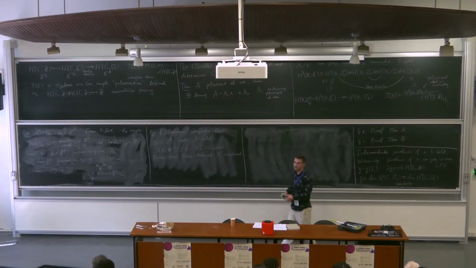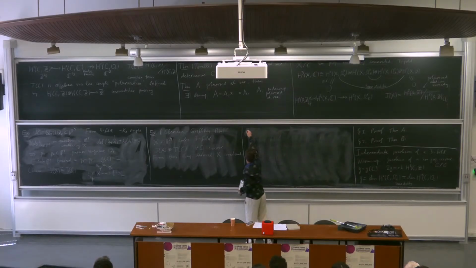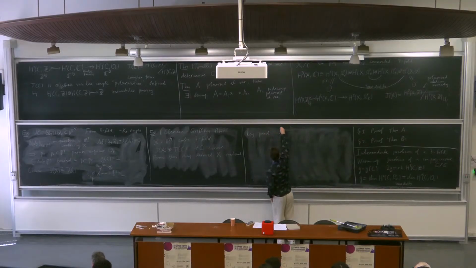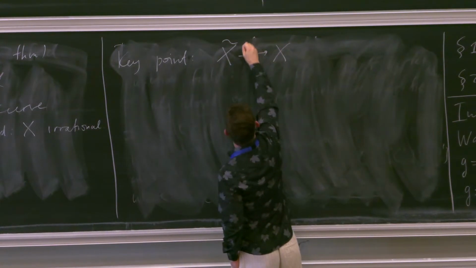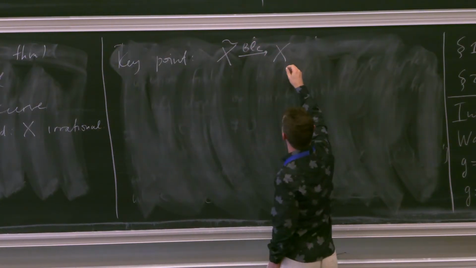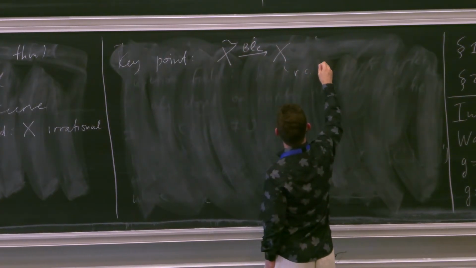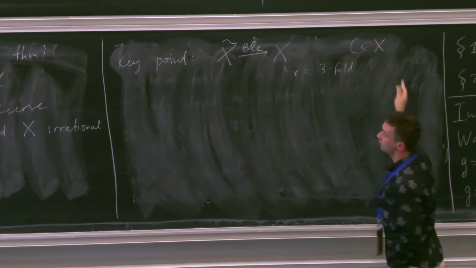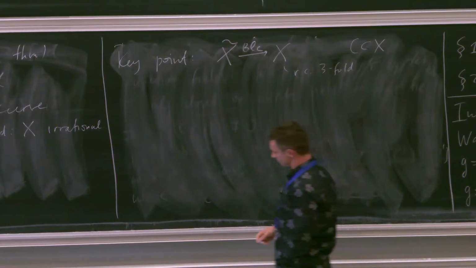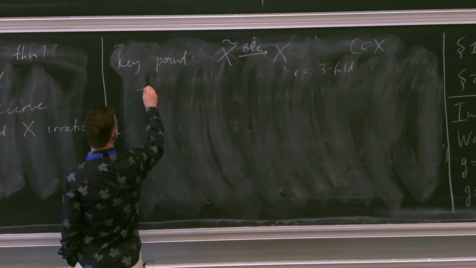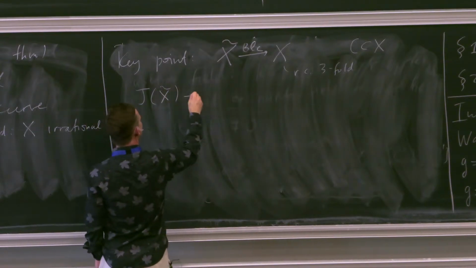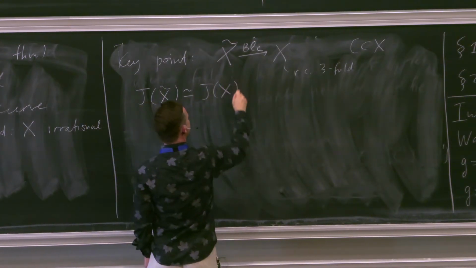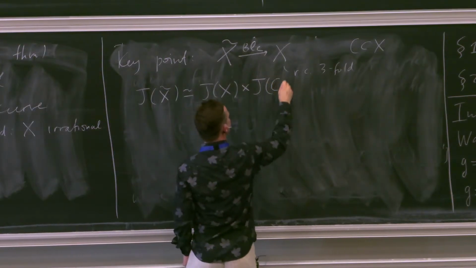So the key point in this proof, and also the key point for our theorem A, is the following observation. What happens when you make a blow-up of a threefold? I have a rationally connected threefold as before, and I blow up a smooth curve. So everything's smooth on this blackboard. The key point is what happens to the Jacobian. Namely, it is the Jacobian downstairs together with the Jacobian of the curve you blow up.